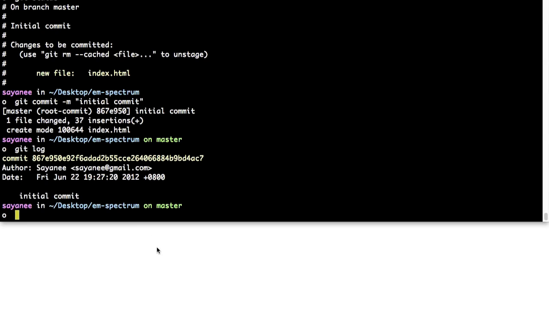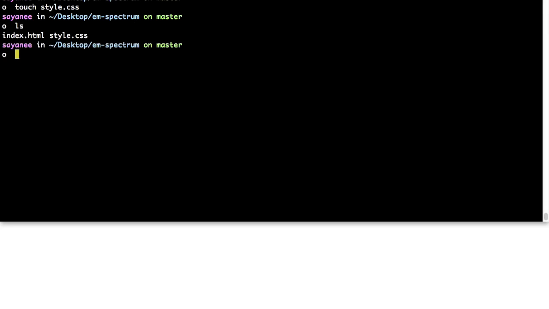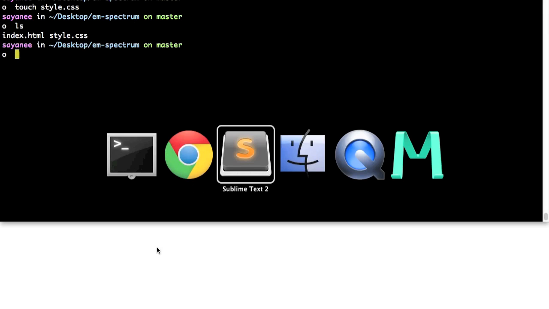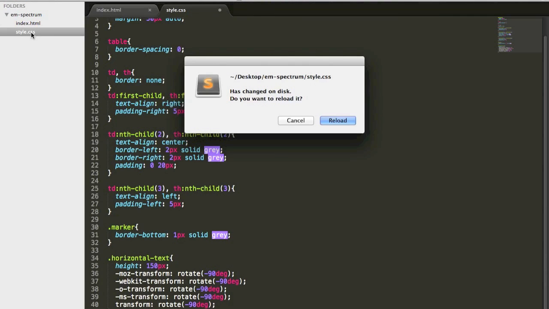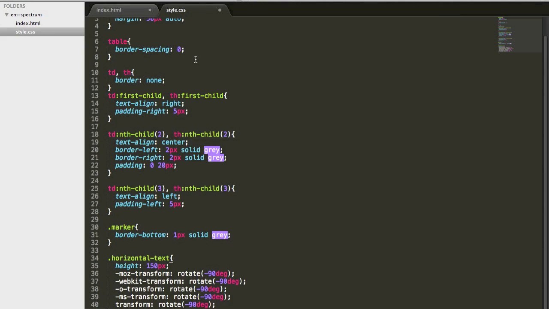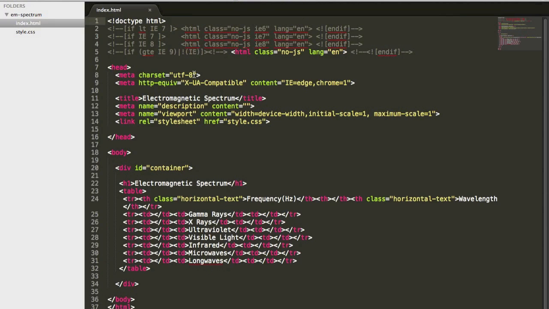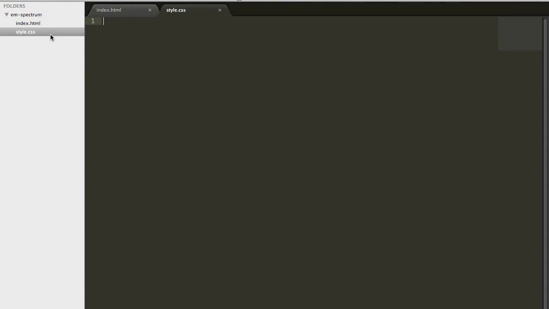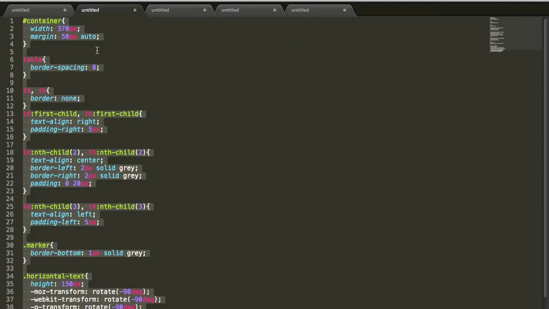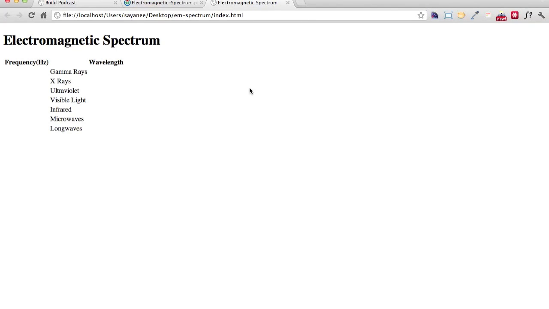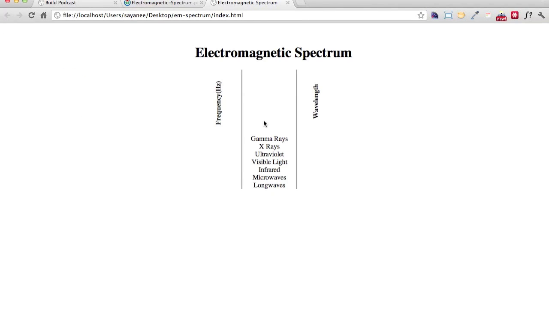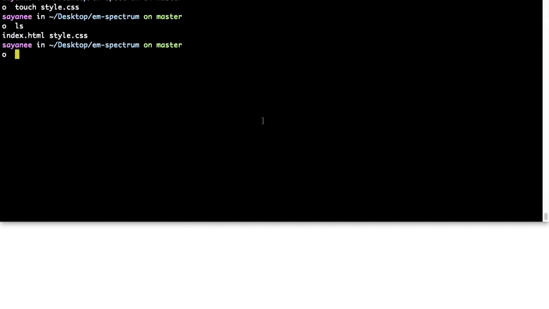Okay, so why don't I go ahead and create style.css. I'll do touch style.css, and if I do ls, now I have two files. And let me go back to my Sublime Text. It's of course empty, and I will go ahead, let me close this file. Okay, and I will go ahead and copy some pre-done codes as well, and I save it and I view it in my browser. Alright, so now things are a bit centralized,